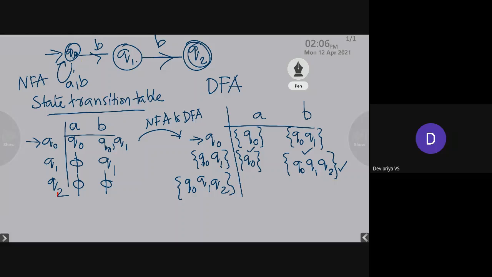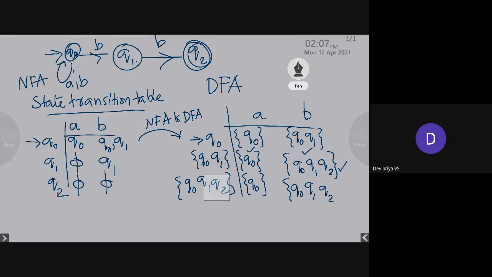From the state Q0, on receiving symbol small letter a, it will move to Q0 only. So I have taken that. Then from the state Q1, on receiving small letter a, it is not making any transition, so null. From the state Q2, on receiving small letter a, again it is not making any transition, so null. So that is only one value, which is Q0. And then again, from the state Q0, on receiving small letter b, it will move to the state Q0 and it will also move to the state Q1. Then from the state Q1, on receiving small letter b, it is moving to the state Q2.